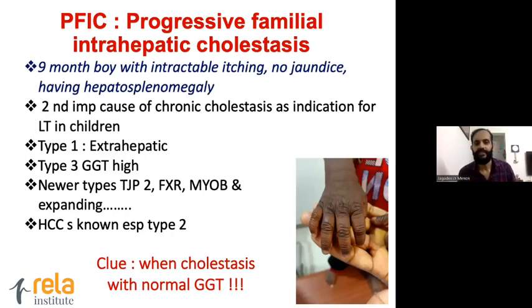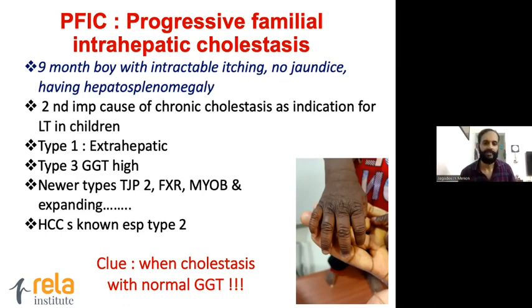Coming on to a child with itching. So a 9-month boy with intractable itching, many times they don't have jaundice. Sometimes they have been treated as having seborrheic dermatitis, but somebody examines the child and they have hepatomegaly. This is the usual story of children with progressive familial intrahepatic cholestasis. This is the second most important cause of chronic cholestasis in children, which becomes an indication even for a liver transplant in children. We need to remember that the GGT is usually normal in all types of PFICs except the